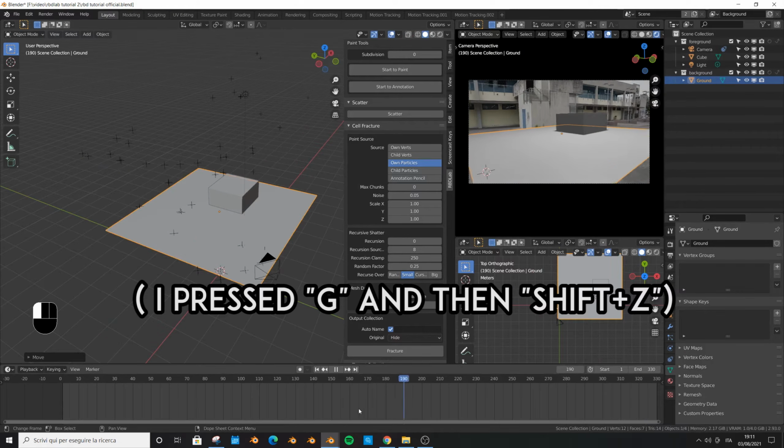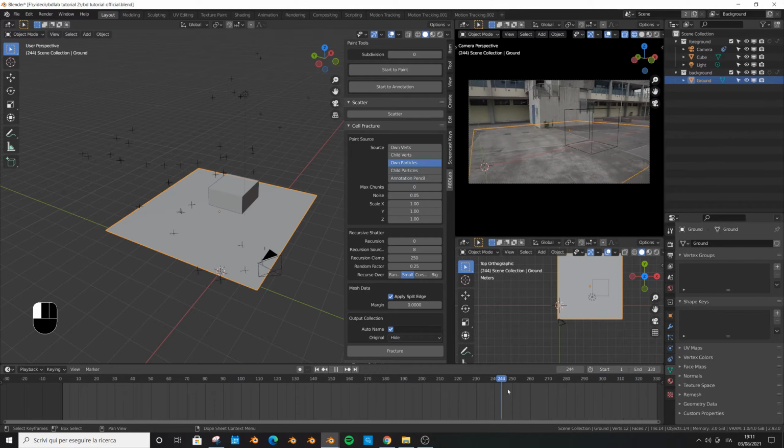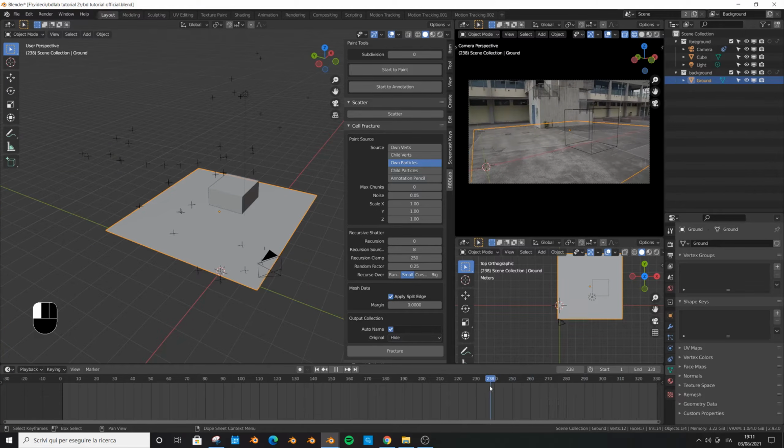What I'm gonna do is to choose a moment of the video in which we clearly see the floor that we want to break. So let's go on the wireframe mode, because we want to give a texture to this floor. And it must be the part in which the camera is very close to the texture that we want to break, so that it will be the highest quality possible. I think something like here,